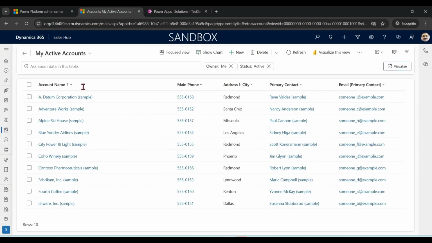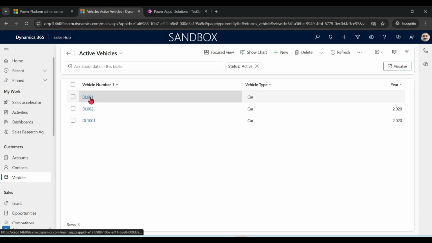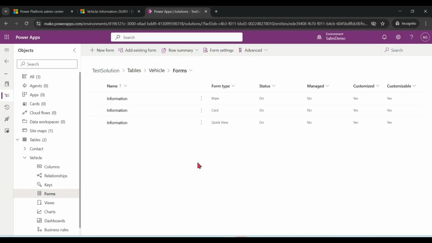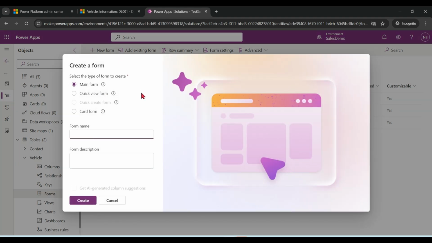If you go back to vehicles, we can see that this is the main form. In most business scenarios, one main form is enough. But in some scenarios, you require multiple forms for different sets of users. Let's create a main form. You can create a form from scratch, or you can also modify existing forms. Let's say a new form, insurance info,